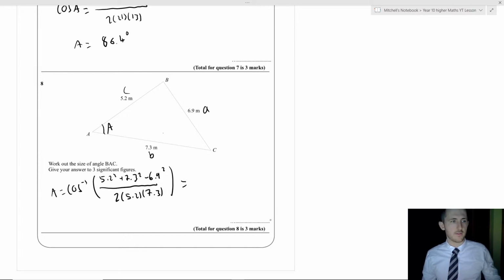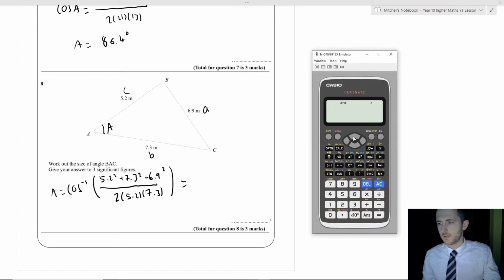All done, and all we have to do is type that whole thing in. So on the bottom we have 7.3, 5.2, on top we have